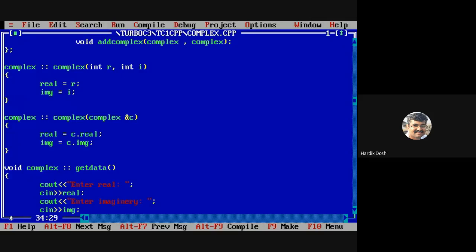But I don't want to go into that detail right now. Just remember one thing right now, that whenever we are going for copy constructor, at that time when we pass an object as an argument, you should write ampersand.